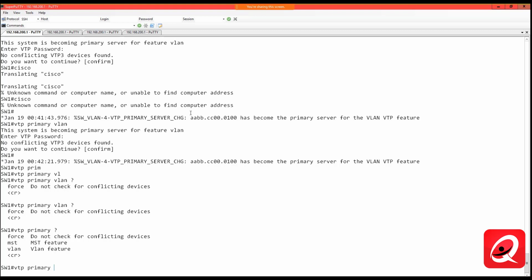iOS requires you to use the feature keyword before you enter that command, but the feature allows me to identify whether it's going to be multiple spanning tree or VLAN, or if I can force the configuration without any conflicting devices. So I just simply override. Notice it gives me the option to do just a carriage return here. If I was to hit the carriage return here, it would actually default to the VLAN database rather than the